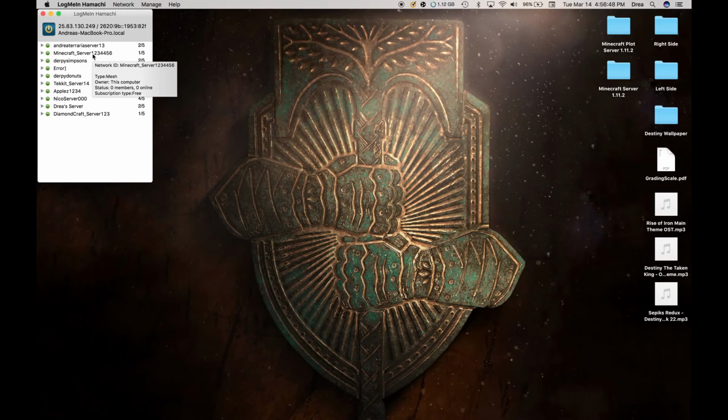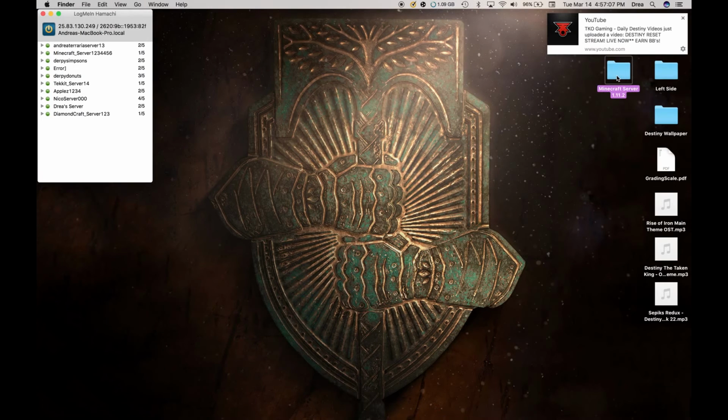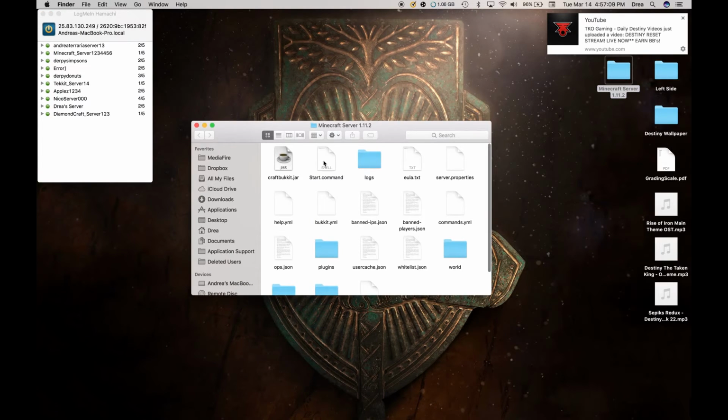And to get your friends to play on your server, you basically have to give them the username and the ID and the password that you used. And once they join, it'll show their username, and it'll tell you if they're online or offline. And basically what that enables you to do is once you start up your server,